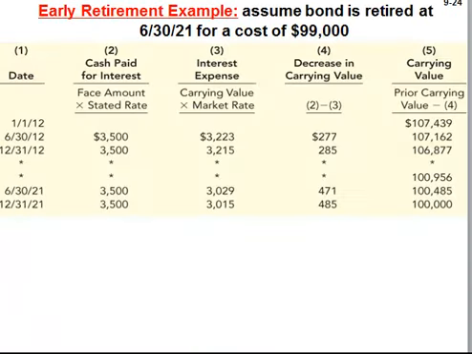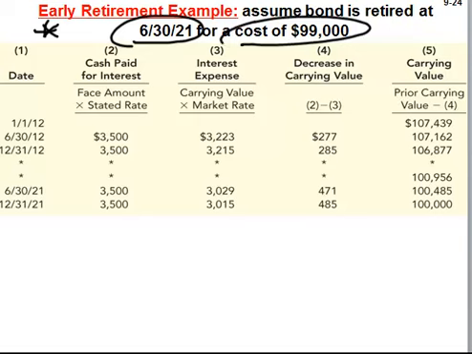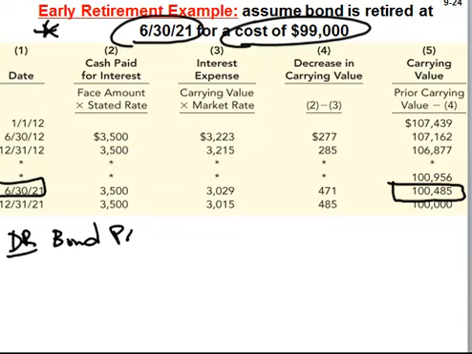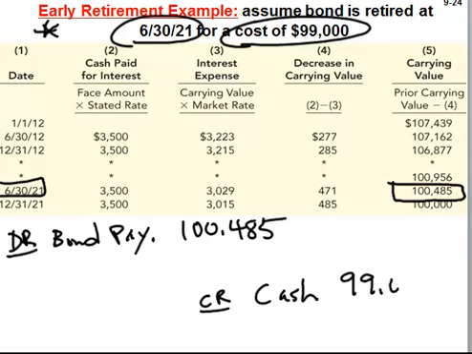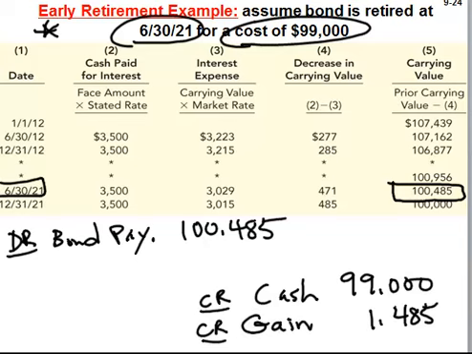Let's look at a specific example. Let's assume that bonds are retired 6/30/21 for a cost of $99,000. On this date, the bond's carrying value is $100,485. We'll debit bond payable for its carrying value, and we will credit cash for the $99,000 paid. In this case, our plug is going to be a credit, a gain on early extinguishment in the amount of